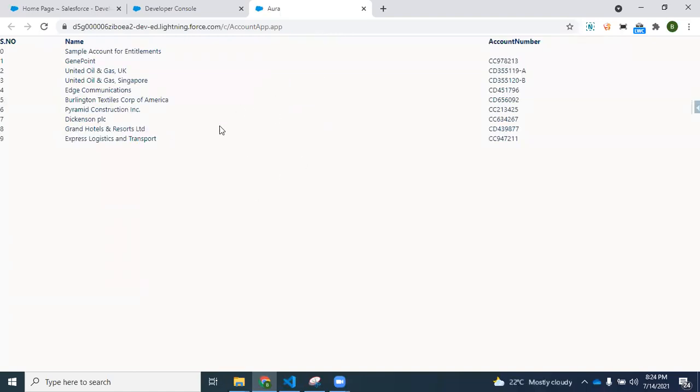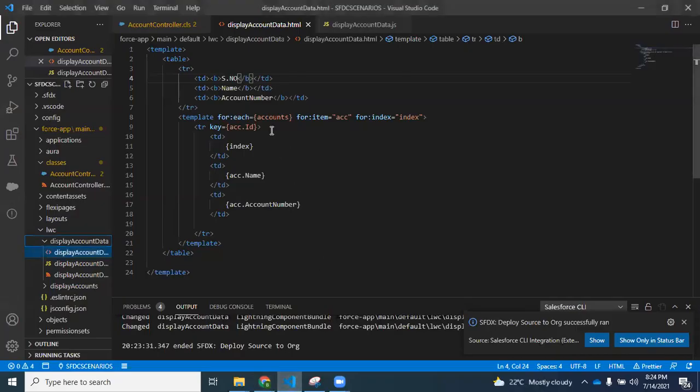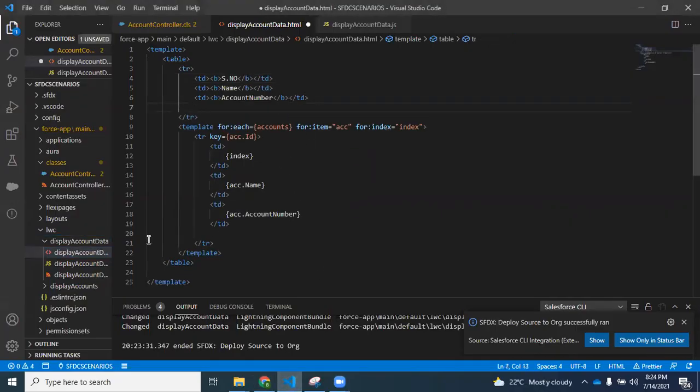Now I'm going to create a button inside the iteration. Once we click on the button, I'll be displaying the selected record details based on the serial number. So I'll create one more key here. This is going to be an action.